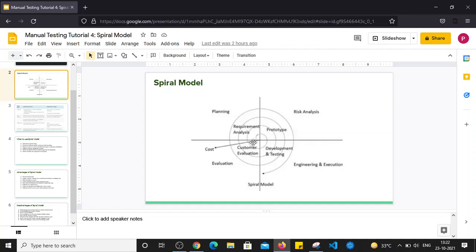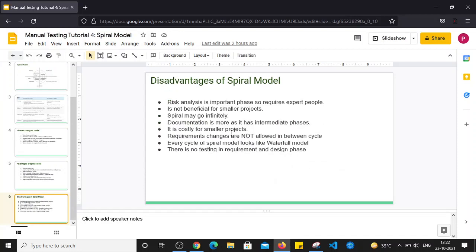One cycle will start from requirement analysis, then prototype and designing, right? So the first cycle is going to be similar to the waterfall model only. After that, the second cycle is going to start. That is again kind of a waterfall model. So the main thing is, though we can adopt or take new requirements, that should not be in between the cycle, right? We can take them after the cycle ends. So the first cycle ends, after that we can take new requirements, but we cannot take new requirements in between the cycle.